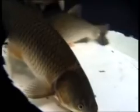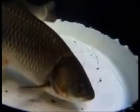Grass carp were introduced to New Zealand 50 odd years ago by the Auckland University to experiment with as a weed control agent. That worked really well, their experiments, and they wanted to go further, but they were having trouble breeding them. In 1989, it got down to only 9 fish left in the whole country that were able to be bred with. And so we were involved in that exercise from that time on, and we succeeded in breeding